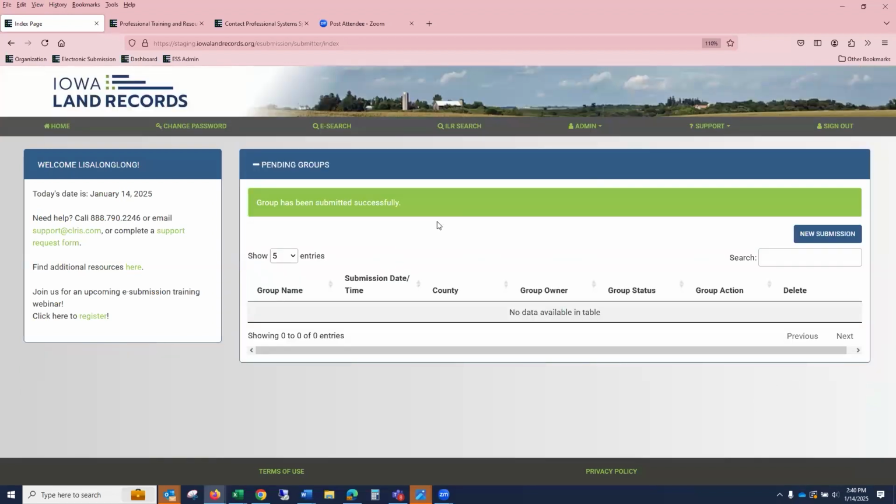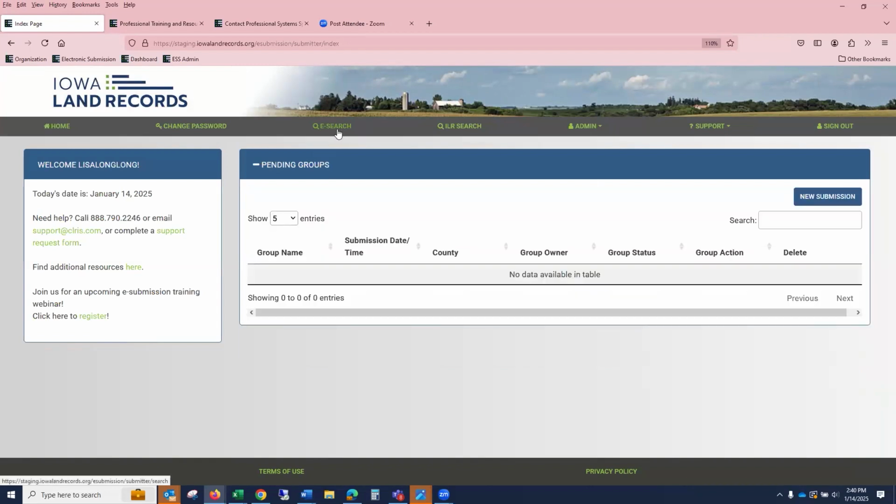And look now, the to-do list is done. How about that? Okay. You've got all these groups submitted and you want to know what's going on with them. You want to know where they are, or something got recorded and you noticed that it was recorded and you want to be able to find it. So after you log in, you go to eSearch